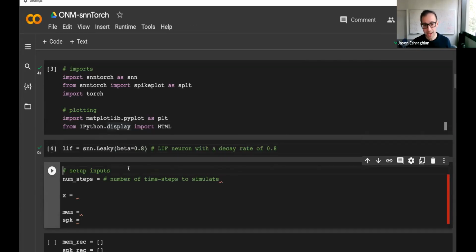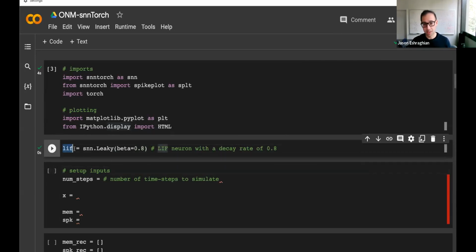So I'll go ahead and run that. And bam, we suddenly have a leaky integrate-and-fire neuron embedded within LIF. We now want to pass a bunch of things to LIF. Let's see if I can draw using my mouse. Imagine we have some input X, we have this neuron, LIF, and there's some magic going on inside that membrane potential that I described before.